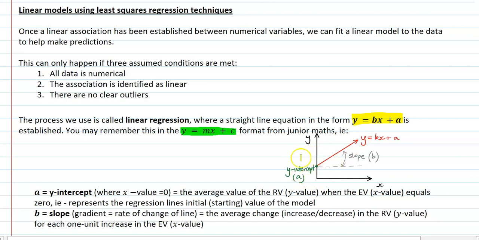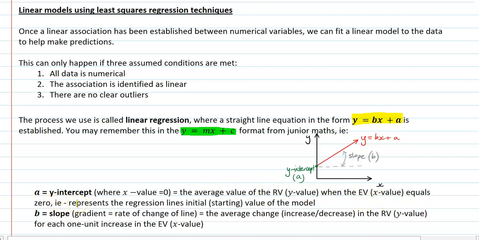The y-intercept is literally where the line crosses the y-axis. So we know that a is the y-intercept in this case, where our x value is 0, and from the linear model, that's your average value of the response variable when the explanatory variable equals 0.